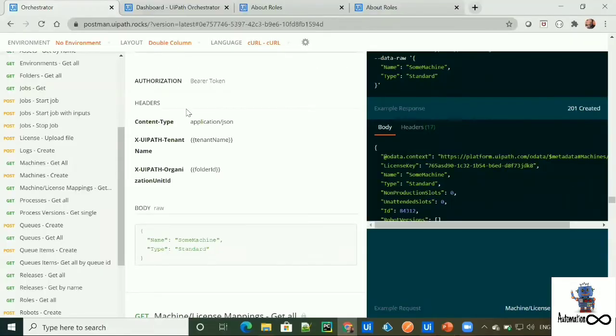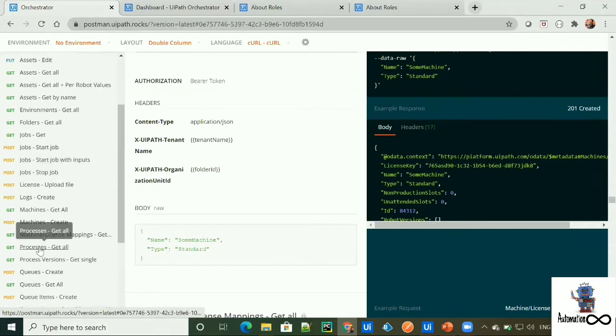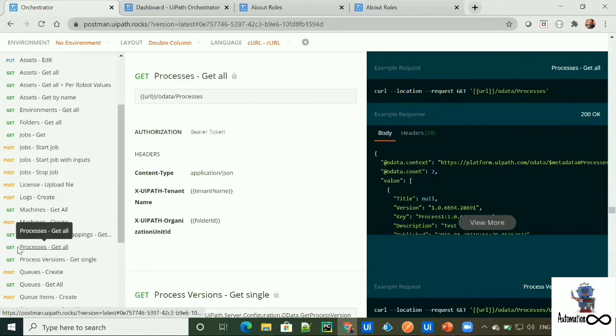I'm referring to these documents to get the endpoint to access my process data. So we can get the endpoint from this API call, which is processes get all. And to get the process data, the HTTP request method will be get, and this will be our endpoint.